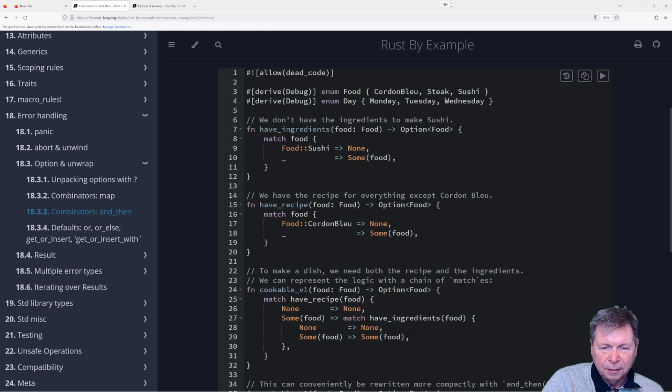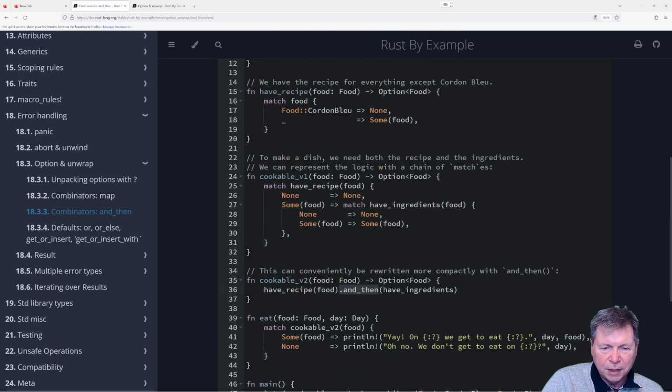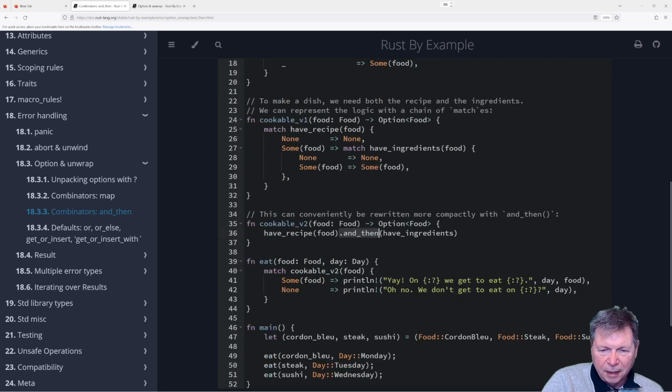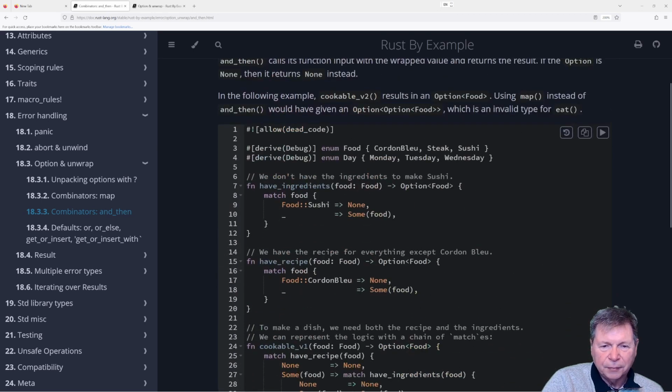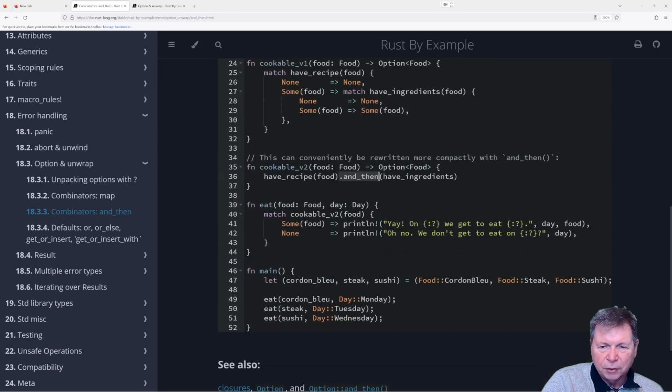If that returns Some, we can say dot and_then have ingredients, which returns this, and that'll return all the way back to food. Oh, that's an option food still. And then food, day, eat, food, day, match cookable food, Some food.